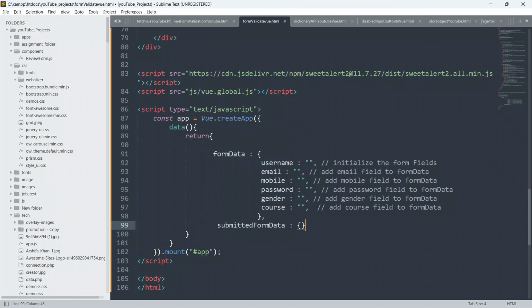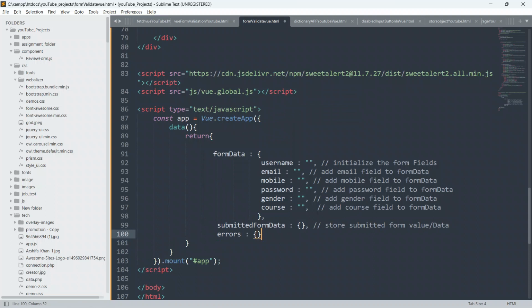Store submitted form value, so give comma here, and write the comment: store submitted form value, or data, slash data. Now we will create an array, an empty array, or object.